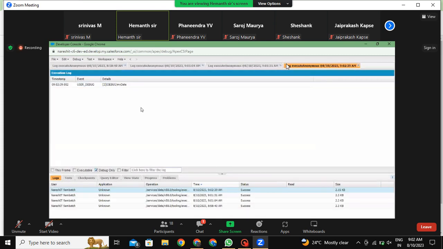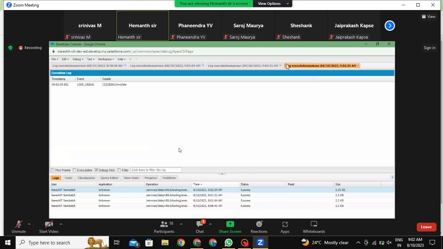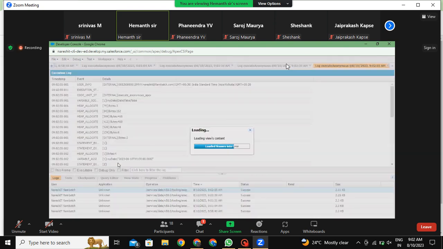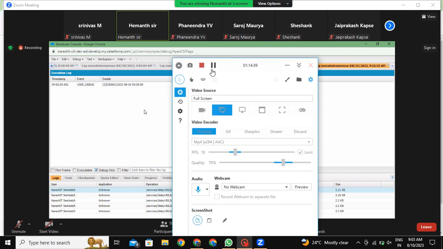What is the value inside my date? If you want that, then you should not give this. You just give my date. Okay? Then execute. Then it will consider that as a variable, and the value inside the variable will be displayed. See, now only the date I am getting. I want to make it more readable, that's why I kept a text and then an arrow, all these things. Those are not mandatory, but it will be easy for you to read, because now we are dealing with only one debug statement. In a program you will have hundreds of debug statements, so you should make them identifiable so that quickly you can